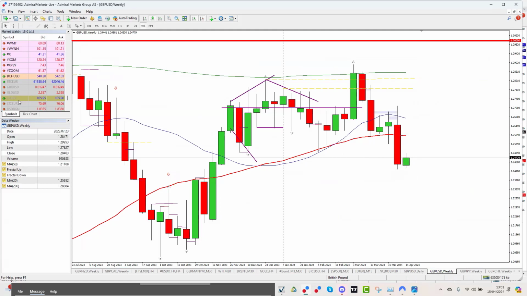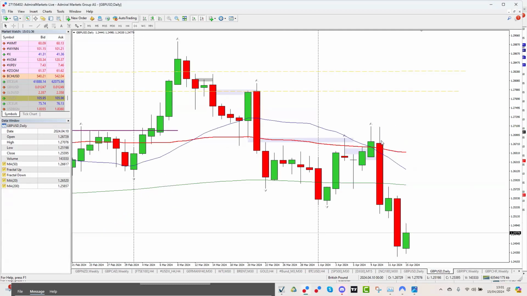So my natural inclination is that nothing moves in a straight line. My natural inclination is that the scenario would be we have a little bit of a pullback up into the averages, as always. Look if there's a rejection candle there, and then use that as the next leg down. That's what I always look at as a simple scenario, to see what could happen. Look at that on the daily chart.